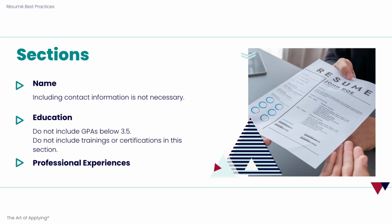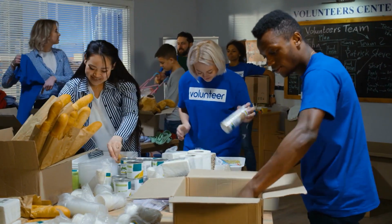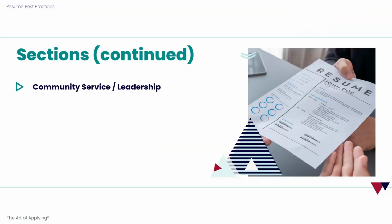After that section, you could have a section called community service and leadership, or community service and volunteer. It could also be called public service and community service, just something where if you want to call out specific leadership roles or specific social impact based things that you've worked on, whether paid or not, you could do that. Especially that's a very relevant section for people applying to what I might call the do-gooder degrees, like policy school, education,